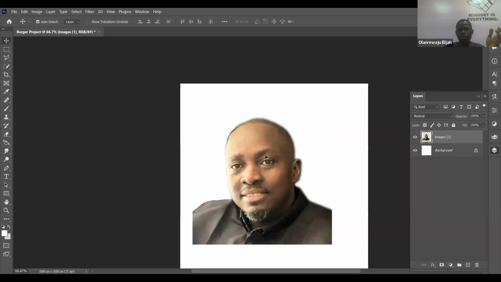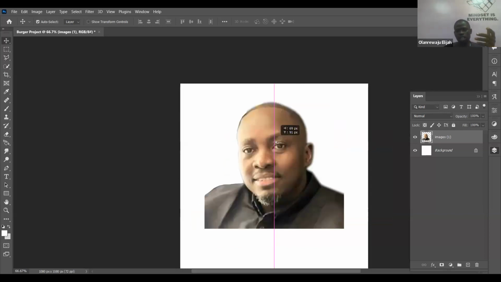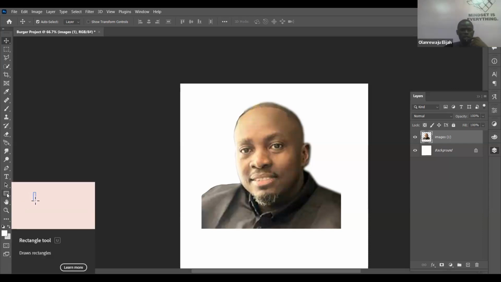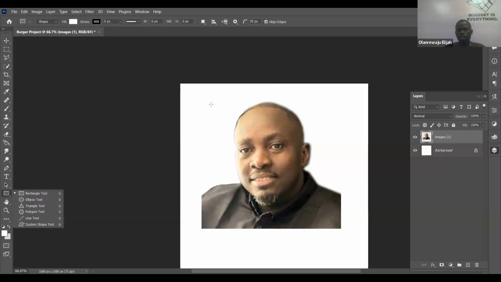So now meaning that with this image, it does not have a background anymore. I can use it on any background. I can use it on blue. I can use it on yellow. I can use it on what? On red. Let's do that. So now this is what? A shape tool. Say for instance, I want to create a passport now with this man. What will I do? I draw my shape tool.